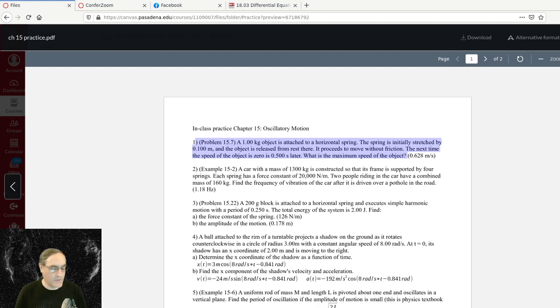A 1 kilogram object is attached to a horizontal spring. The spring is initially stretched by 0.1 meter, and it proceeds to move without friction, and it's released from rest at that point. That actually tells me that's probably the amplitude, 0.100 meter. And released from rest